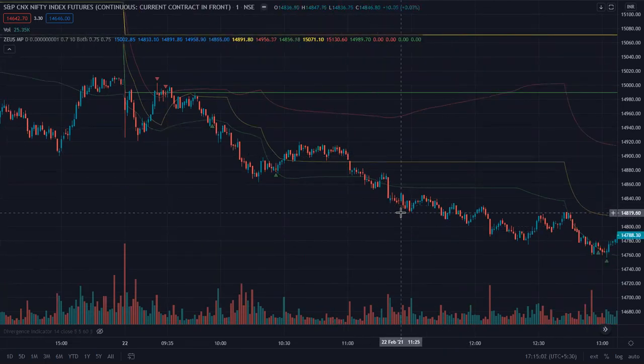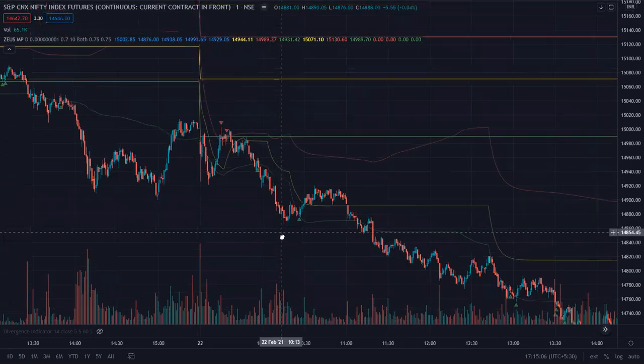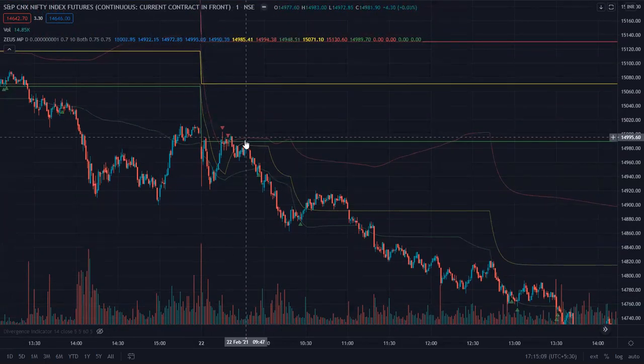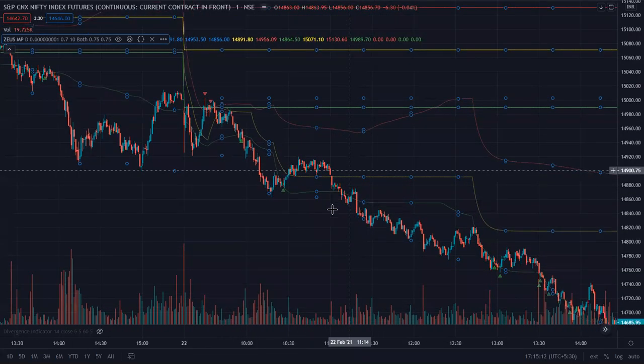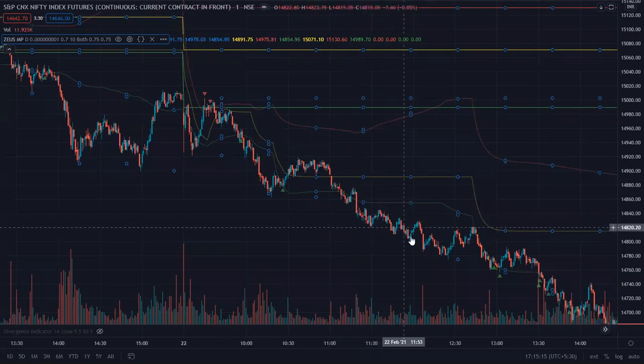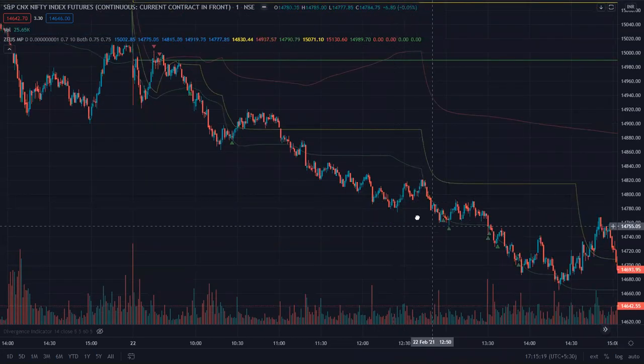When the market broke through this level again, it just started. You see, it was very quiet. Look at the periodicity of moves out here. Look at it. You know how it formed a pattern. But after that, it just became up down, up down, up down. You cannot trade this. It's not possible to trade these things.